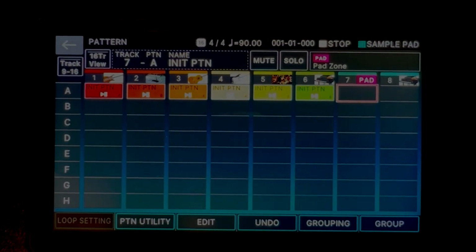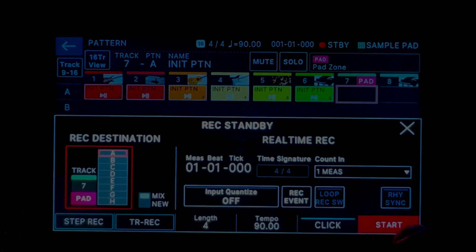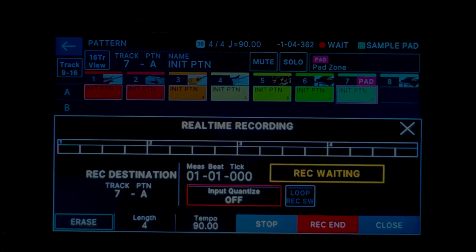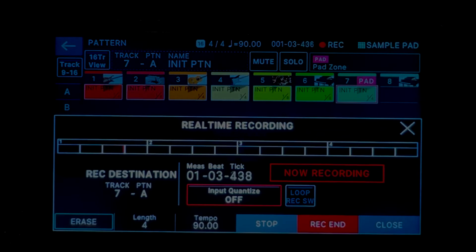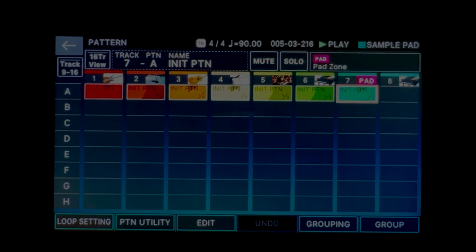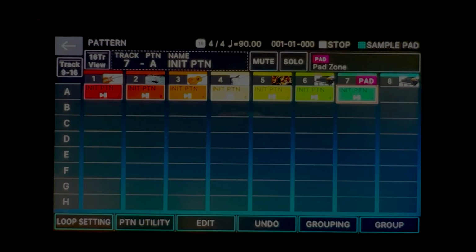So I'm gonna press record, sample the pad, and I'm gonna start. In a world where workstations are trying to take over the computers. In a world where workstations are trying to take. So it did work. So now let's go to the mixer,